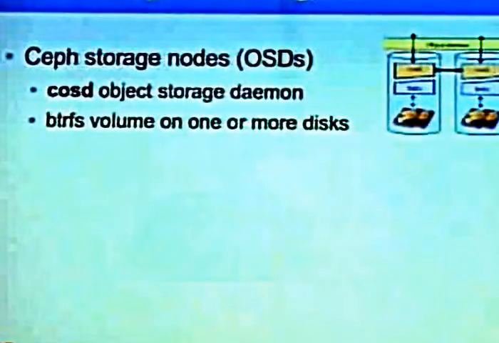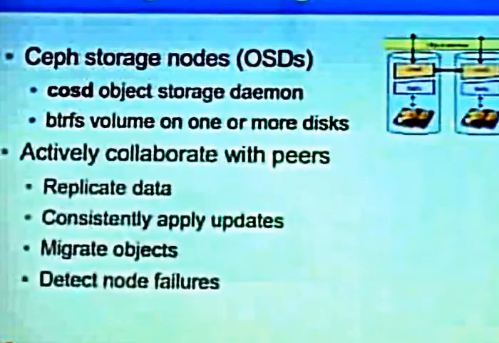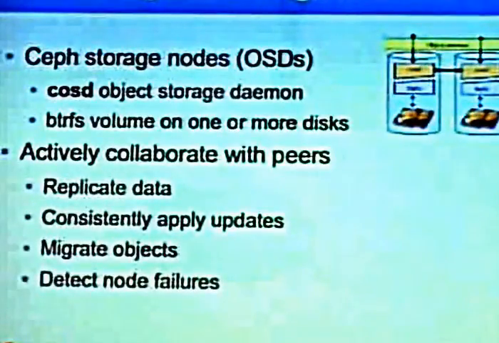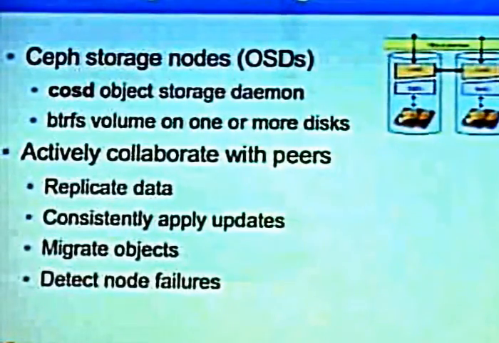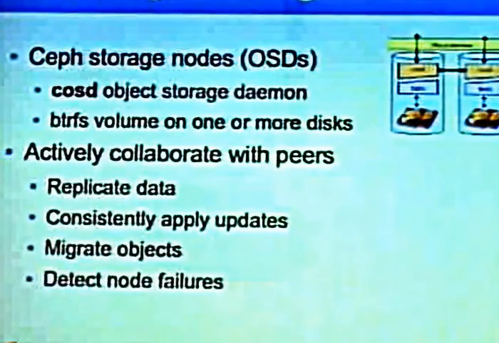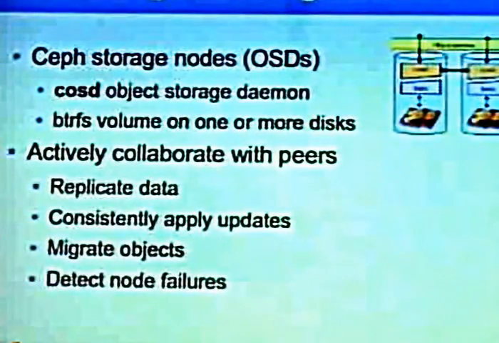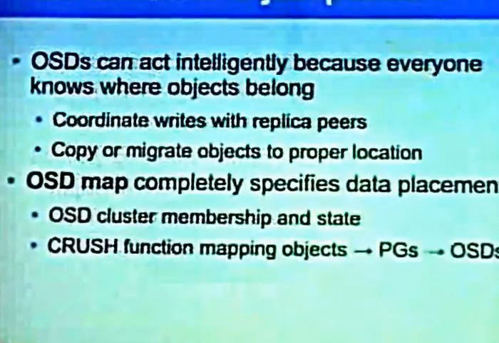The daemon is going to talk over the network to any clients that are interacting with the system to store and retrieve objects. But most importantly, those daemons are also going to be talking to each other so that they can actively collaborate in order to replicate data in the system, in order to consistently apply updates to all replicas of individual objects in a safe way. They'll work together to migrate objects to their correct location in the cluster, and they'll also work together to detect